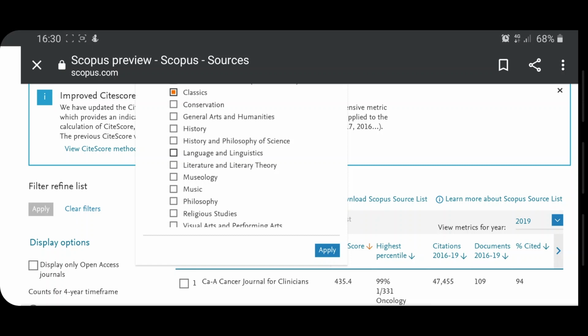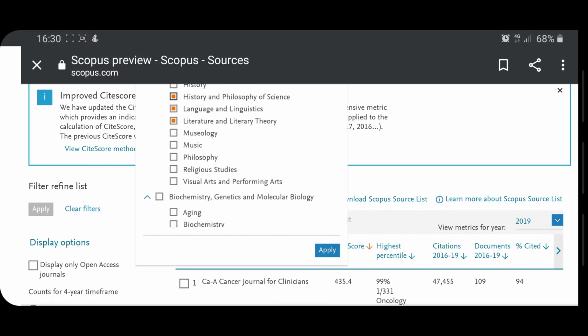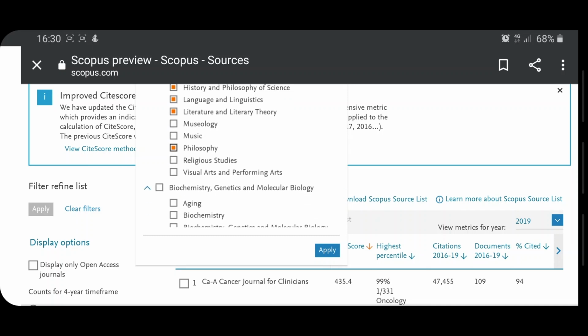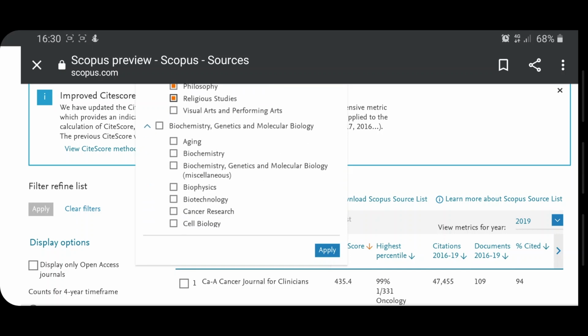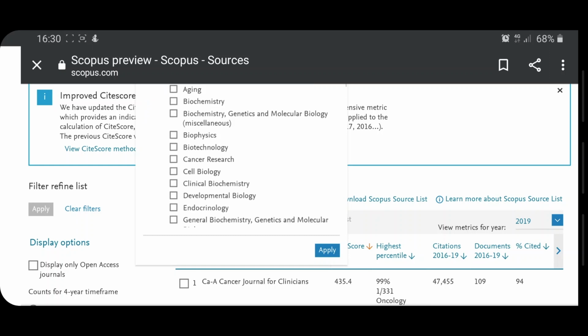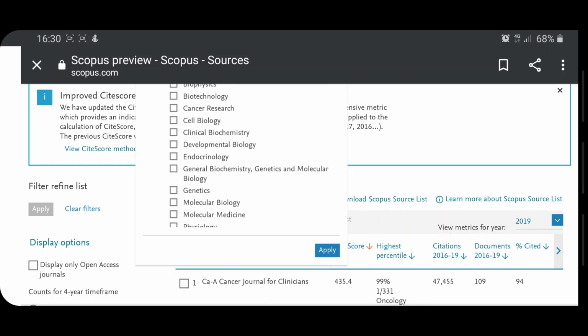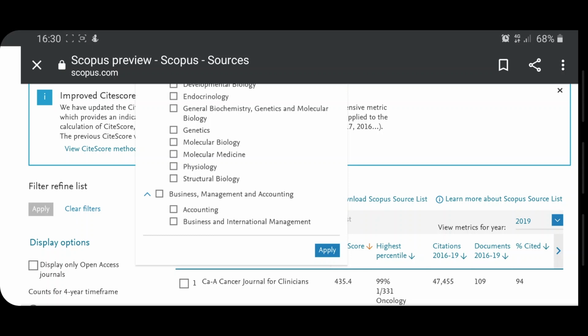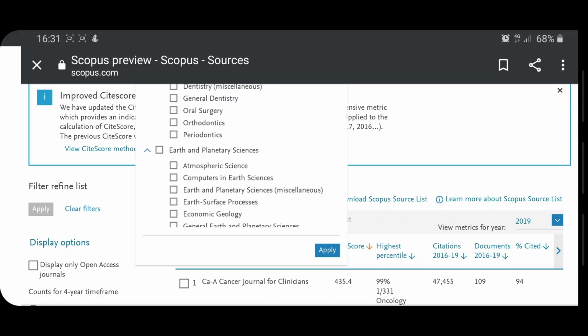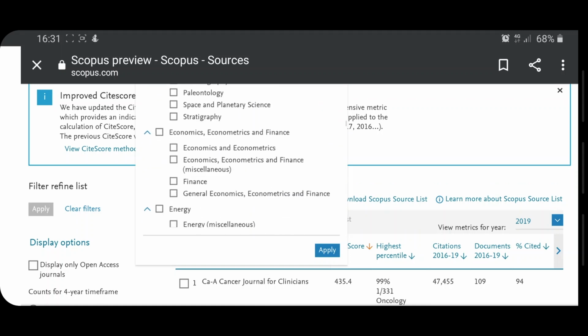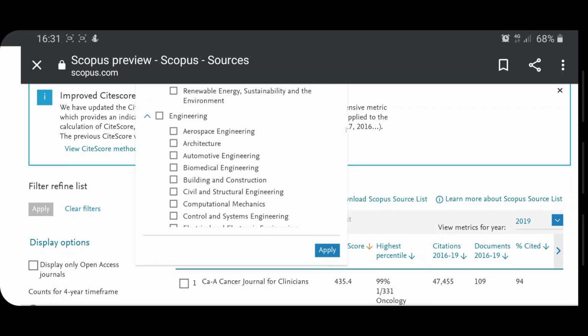For instance, language and linguistics, literature and literary theory, history and philosophy of science, philosophy, religious studies, and there are other subject areas also. So go through all the areas and see whichever is applicable to your paper's scope or your article's area. Software, decision science, dentistry, earth and planetary sciences is there, economics, energy, engineering,